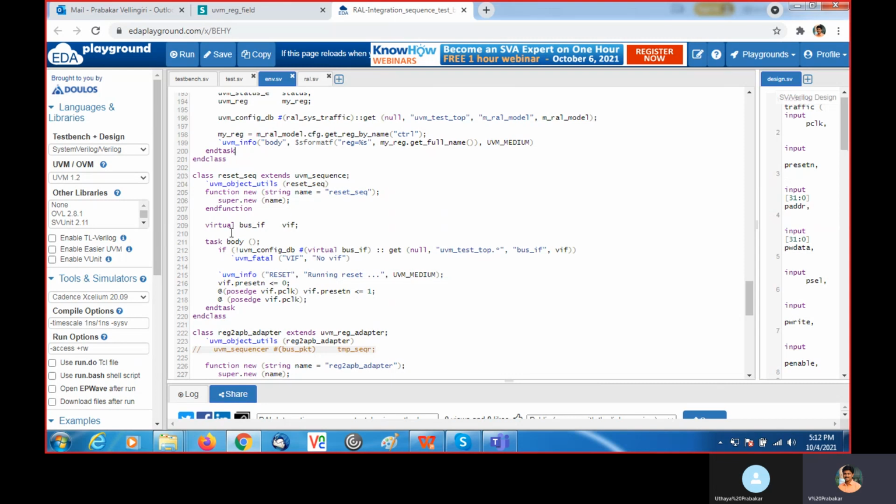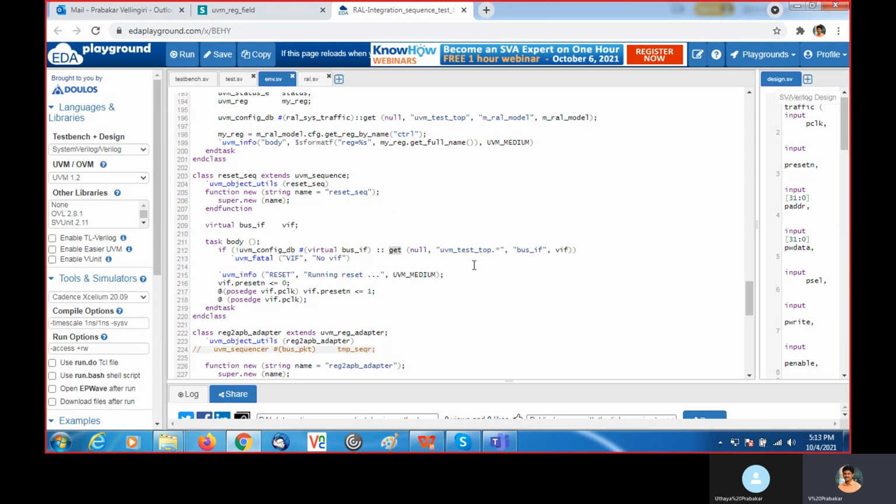In this sequence, I am getting the interface, because I want to make the PRESETn as 0. So I need the interface handle. So I instantiate a virtual interface here, and I am using the get method. We already put that into the configuration.